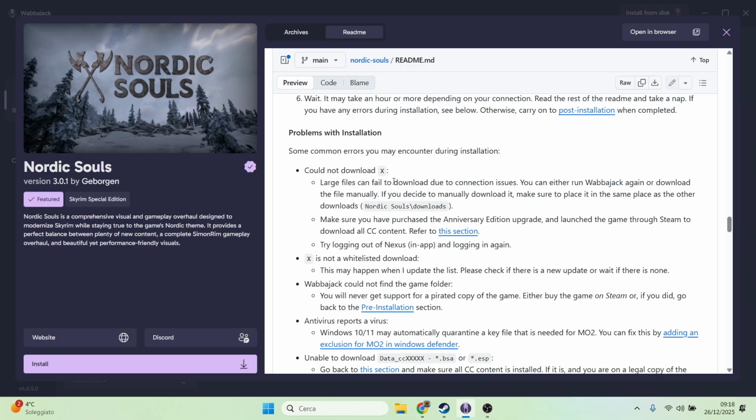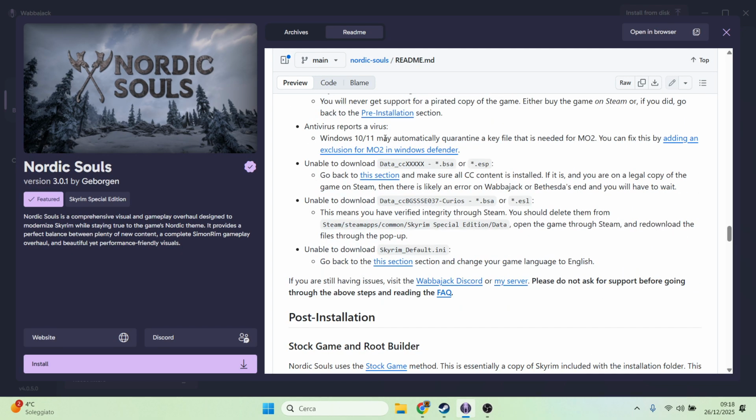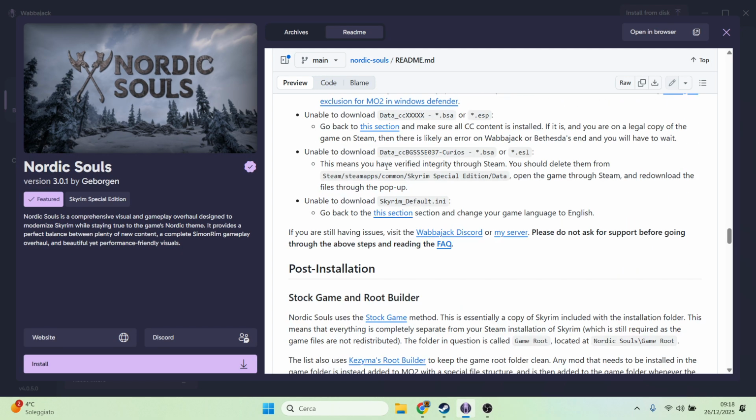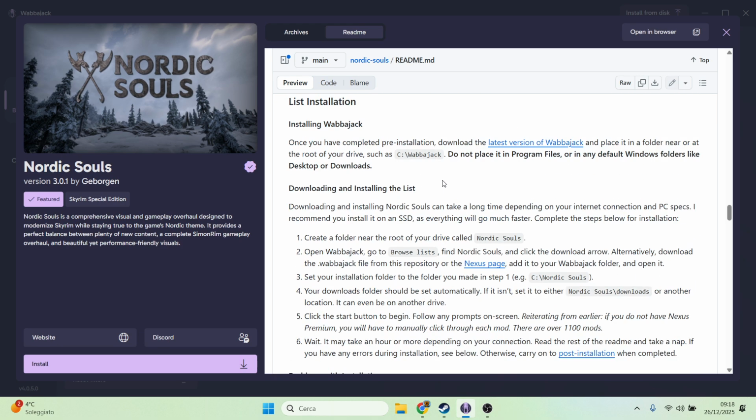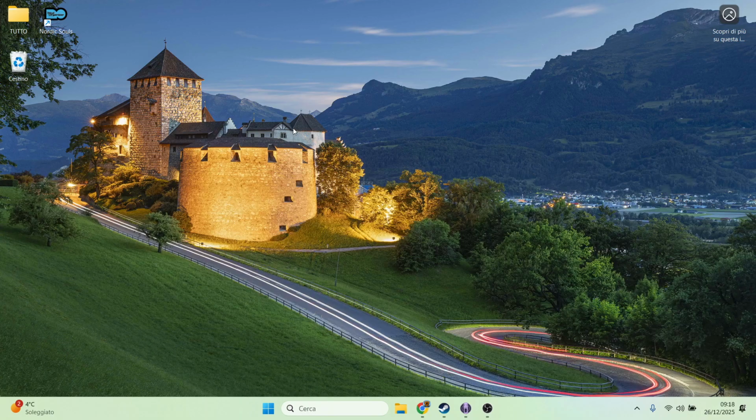Otherwise, keep the external disk connected to your PC to make the mod work properly. And all these things are the errors, and I didn't encounter any of them except for the Steam library location. Once you have done that, you can just click Nordic Souls